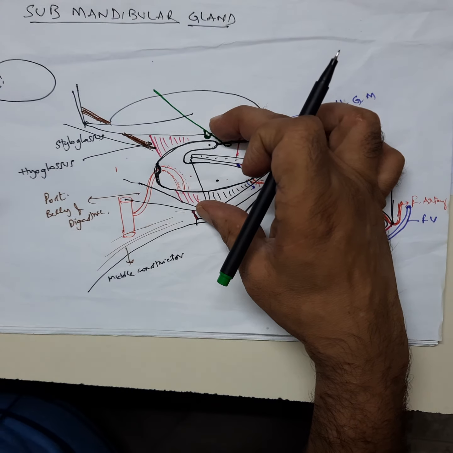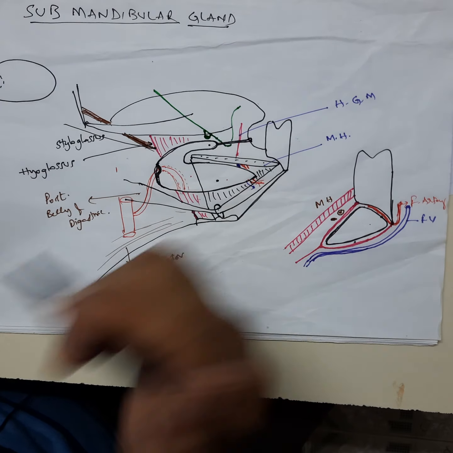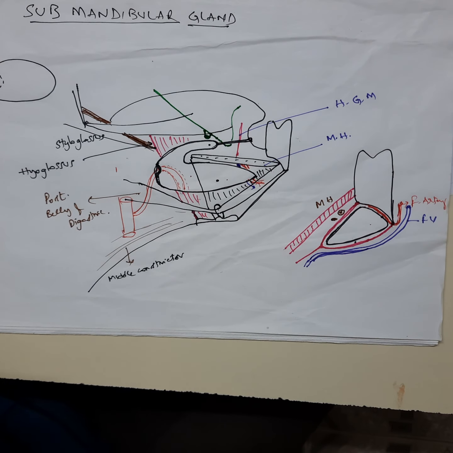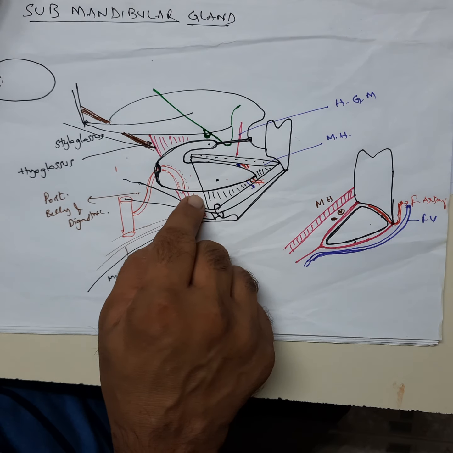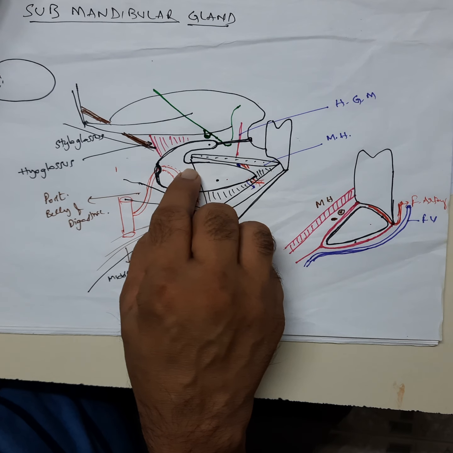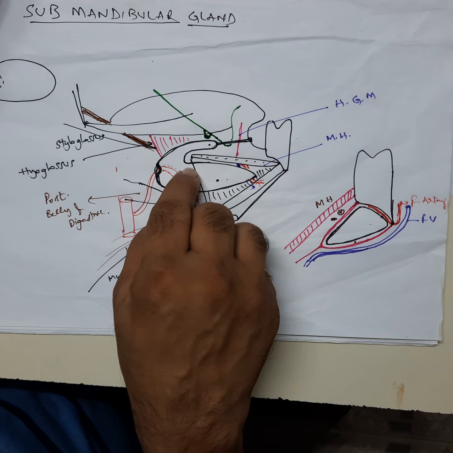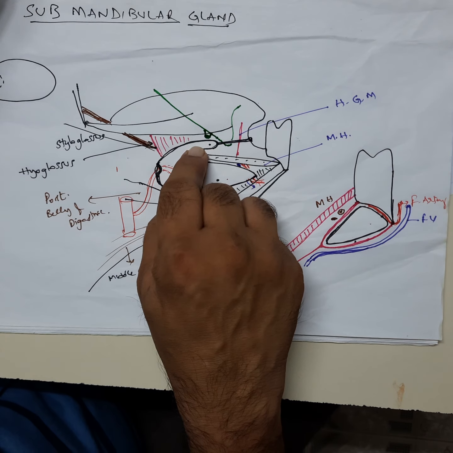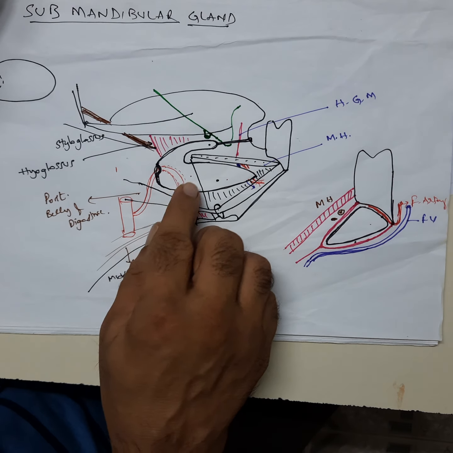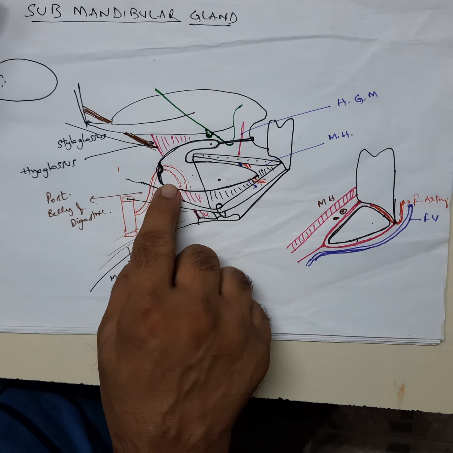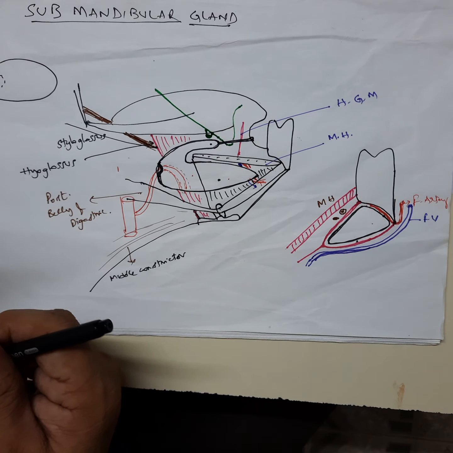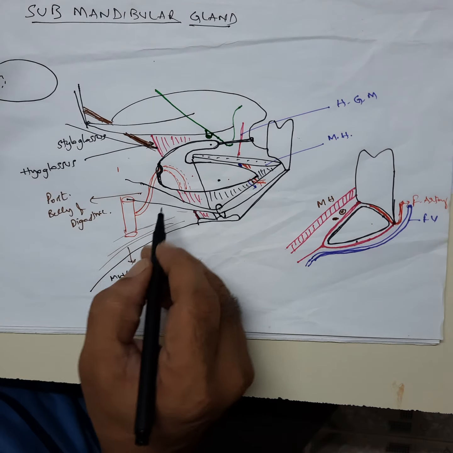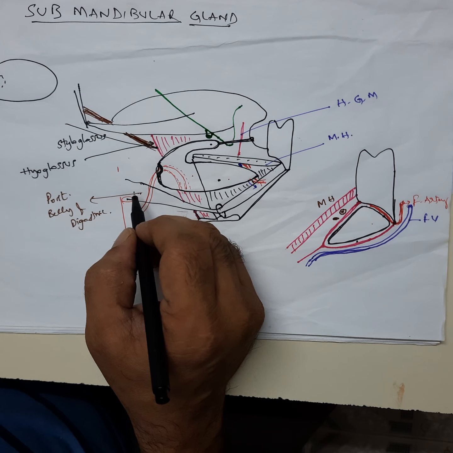So, this part lies medial to the mandible. The middle part is resting on the hyoglossus, and a little bit here this ganglion is present behind this part, above this deep part. Then coming to the posterior aspect, you all know it is related to the stylomandibular ligament. So, mandible will be here. I will show you another diagram.